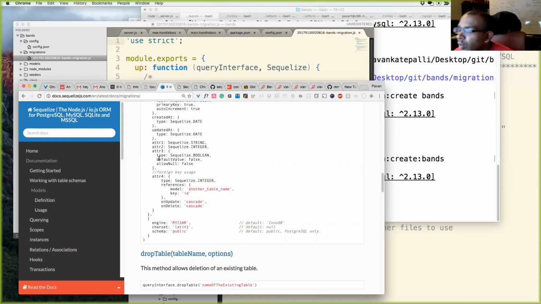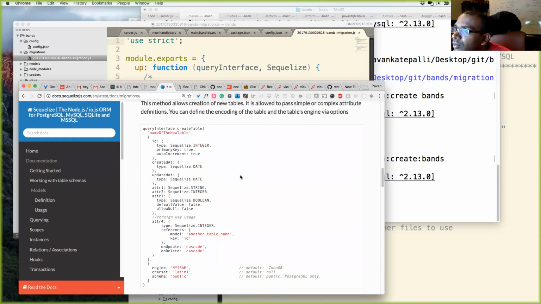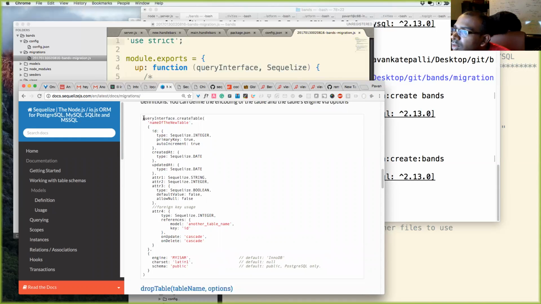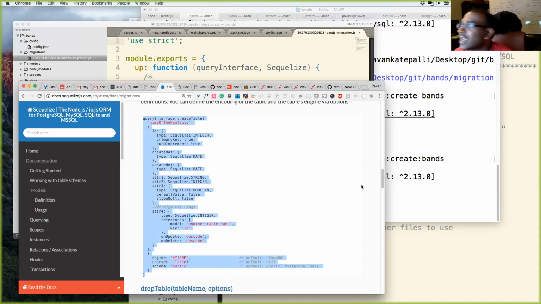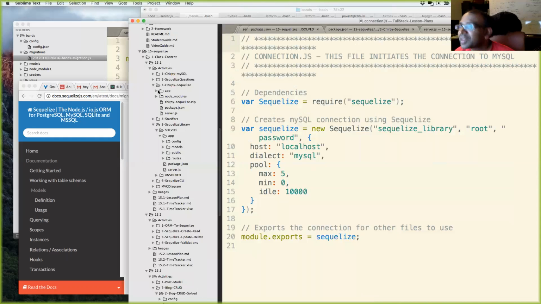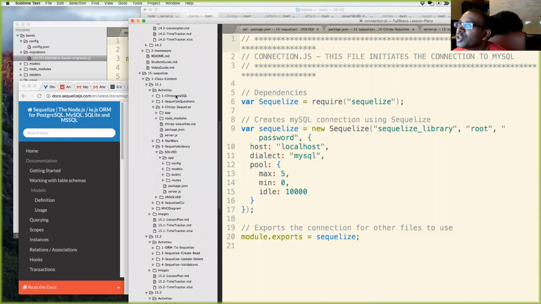Cool. So what I'll do right now is I can either copy this over, or I could take a look at the code that I know works. So I'll go back over here.